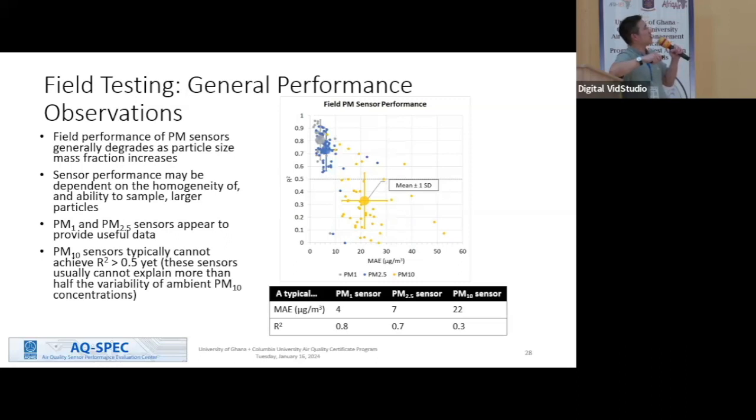Now, the problem is when you look at the state of the industry for PM10 sensors, on average, the yellow plots are still in the danger zone where their R-squared is below half. So they're not really explaining much at all about, real